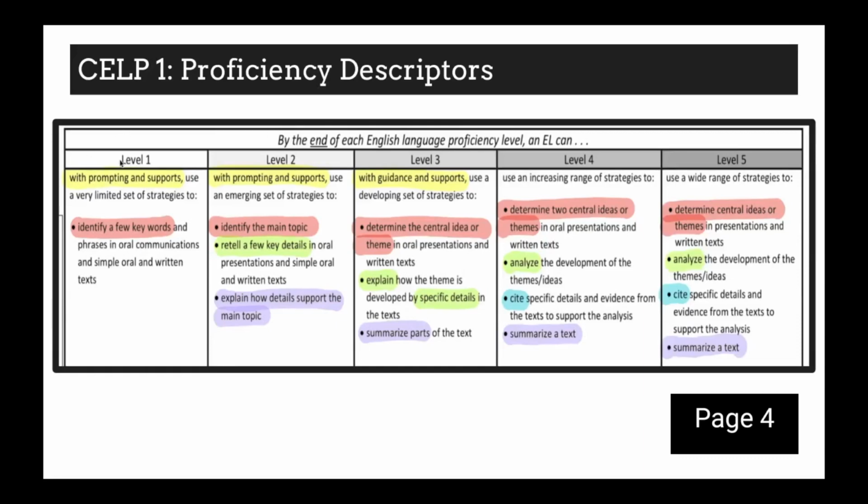CELP tells us that a level 1 learner, if given appropriate prompts and supports, can identify a few keywords in texts. A level 2 learner, again with prompting and supports, can identify the main idea. They can retell a few key details and also explain how these details support the main topic. A level 3 learner with guidance and supports can identify the central idea. They can explain how this idea is developed by giving specific details from the text, and they can also summarize